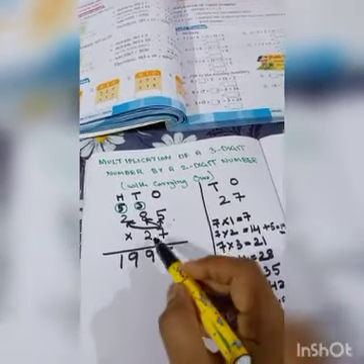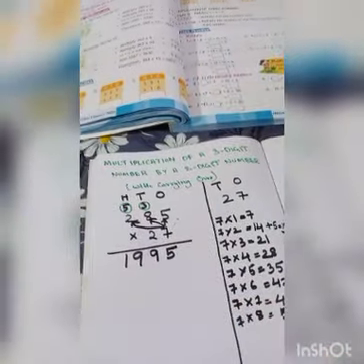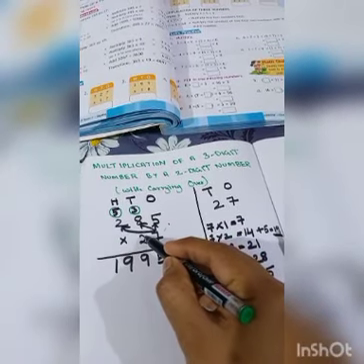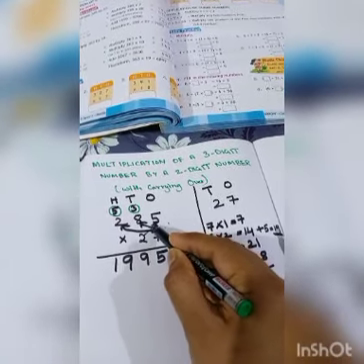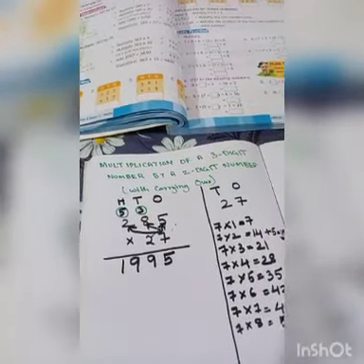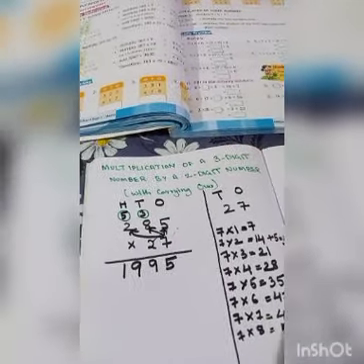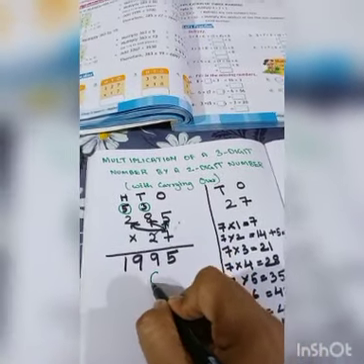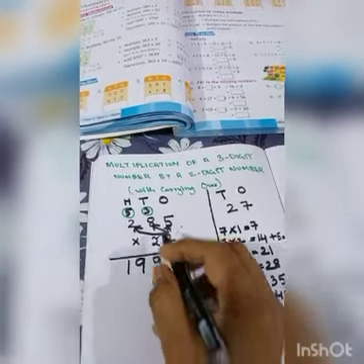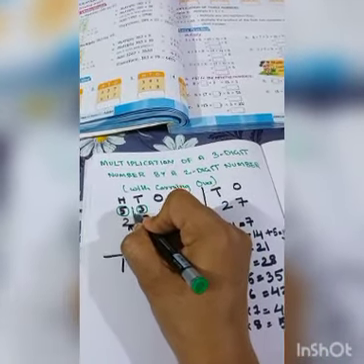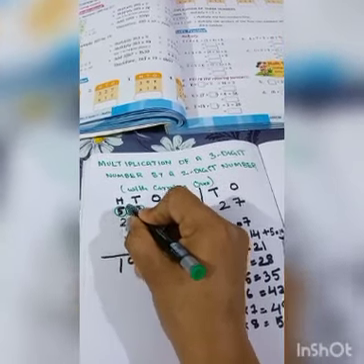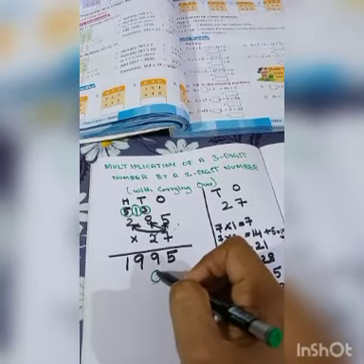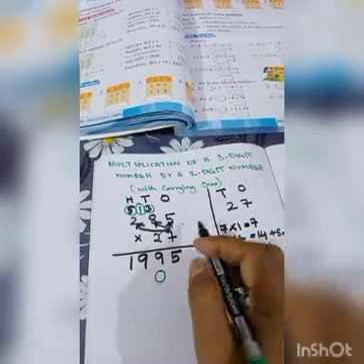Okay, now for the second one. Second one is 2. So similarly, like the first one, first we will be multiplying 2 with 5. Okay, 2 with 5. 2 5s are 2 into 5. 2 into 5 is 10. So we'll write the 0 here and 1 will be carry. Okay, 1 will be carry.